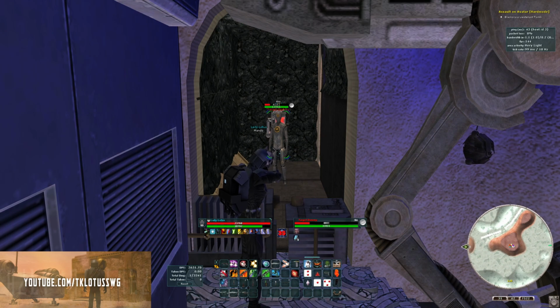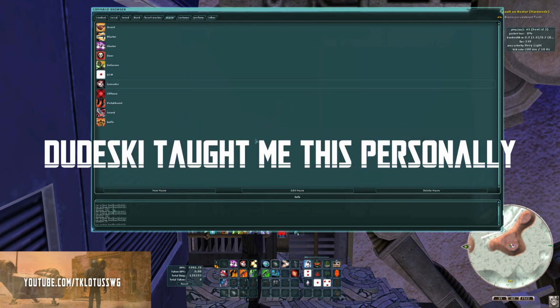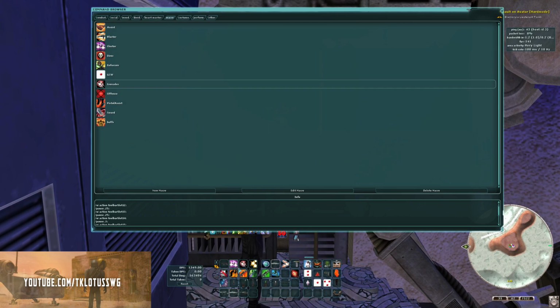The first macro, I'm building up kill meter right now. I'm on my Commando, and this first one triggers all my grenades. It basically goes through, equips a rifle, and then goes through cluster all the way to cryoban, and then re-equips